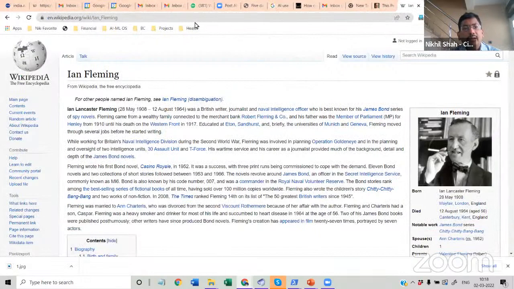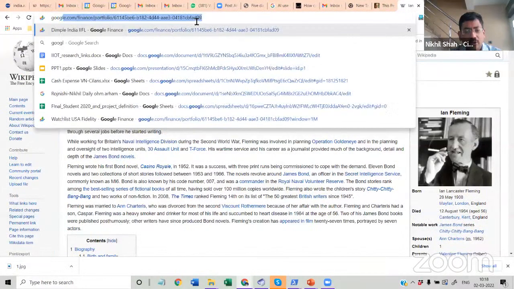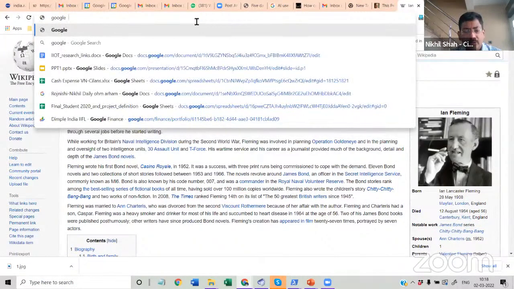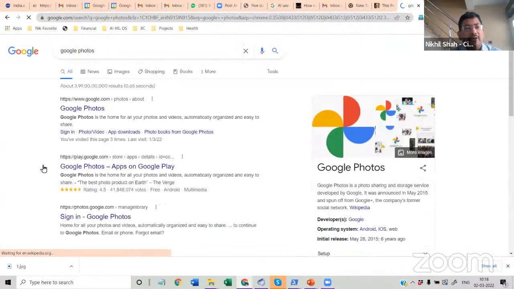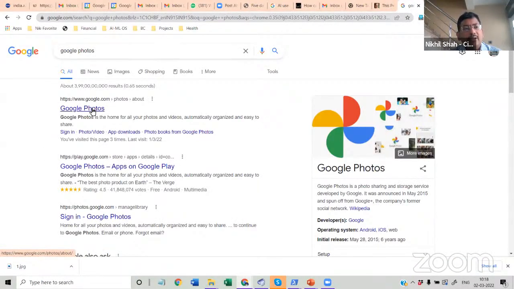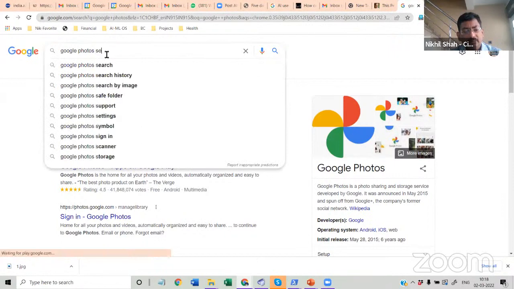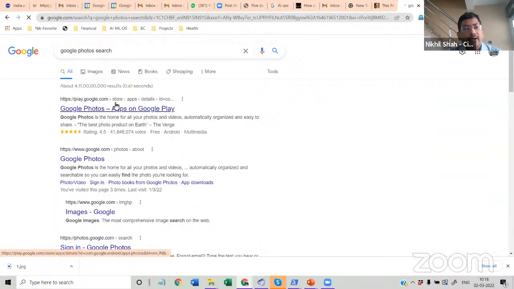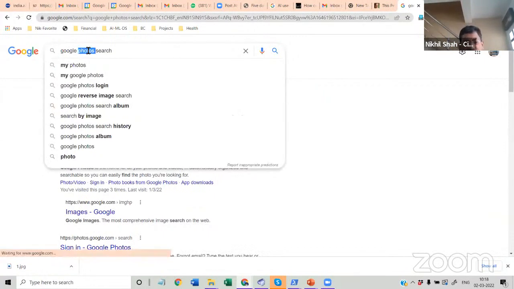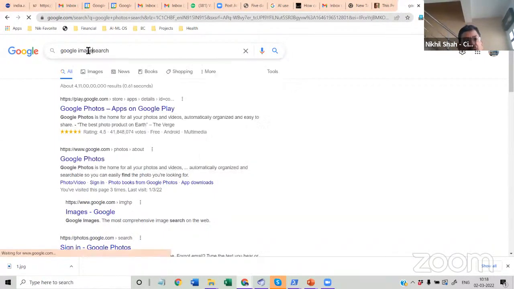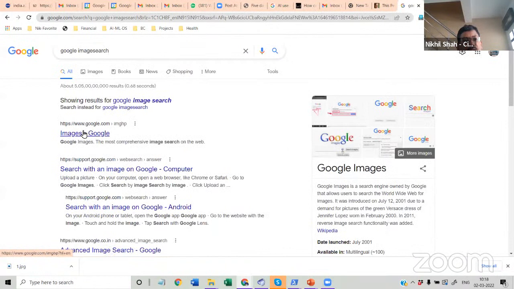Now, if I go to Google, I'm sure some of you might know that Google offers many different ways to search. For example, I can do a search using an image also, right? Sometimes I don't know what this image is about.